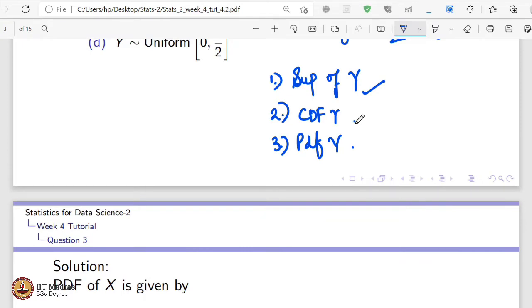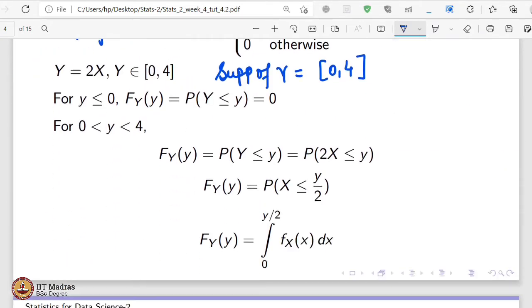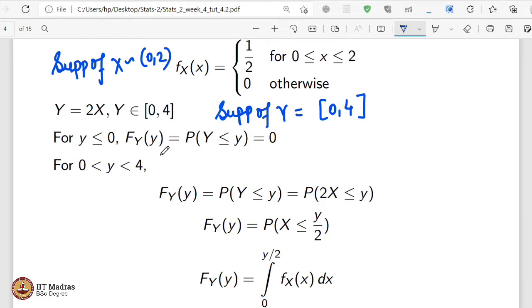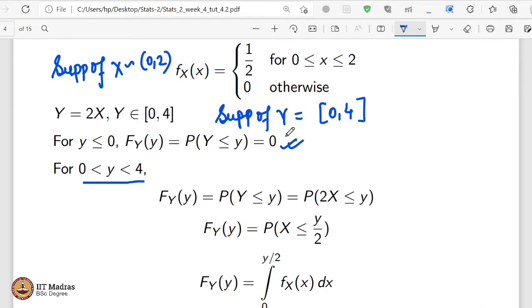So now we have to calculate the CDF of y, right? For y less than or equal to 0, we don't have any support there. So the probability of Y less than or equal to y, or you can say the CDF of y for y less than or equal to 0, is 0, right? Because for each point the probability is 0. Now we have to calculate the CDF for y from 0 to 4, and generally the support of y is also from 0 to 4. So now we have to see whether we have to break